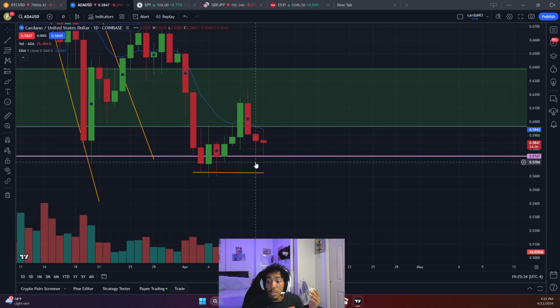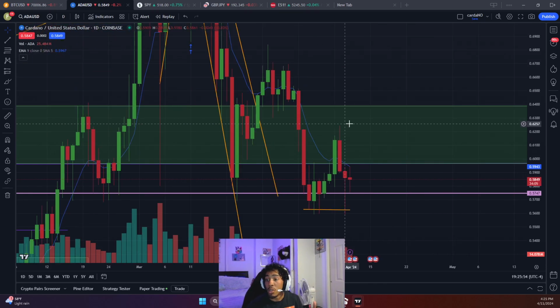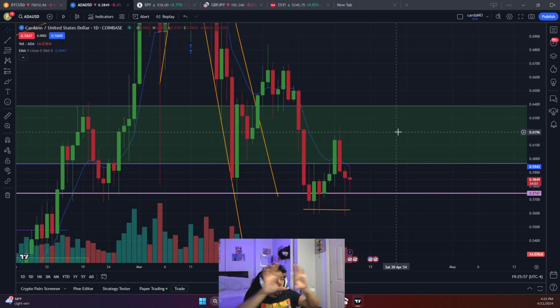We failed to go below once again yesterday, right? And we have 34 minutes left in this daily candle. So after these 34 minutes are done, we start a new day, right? So that new day, feel me, we could potentially even break up and we could be seeing that 62 cent area, maybe even 63 cents, maybe even break out of the zone because all that green zone thing you see